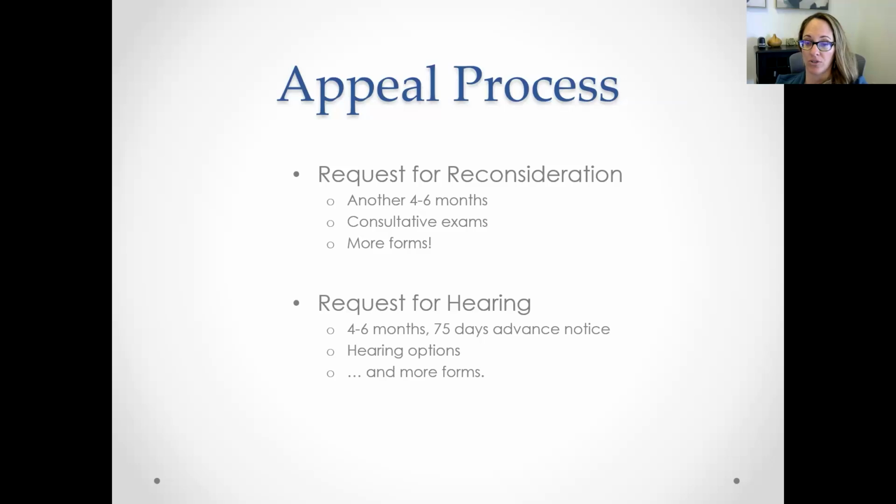You can go to Social Security's website again and file the appeal there, or you can also get the appeal form and mail it into Social Security. If you do that, I recommend you send it certified mail with a return receipt so you have proof that you filed it. If you do it online, there's a confirmation page that you can print and save, and I recommend you do that too.